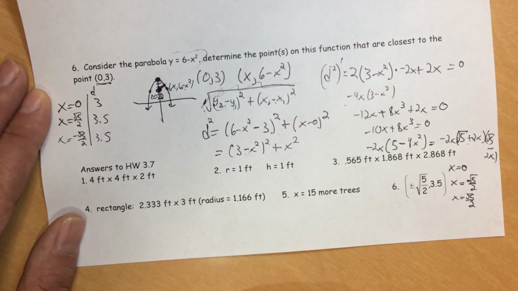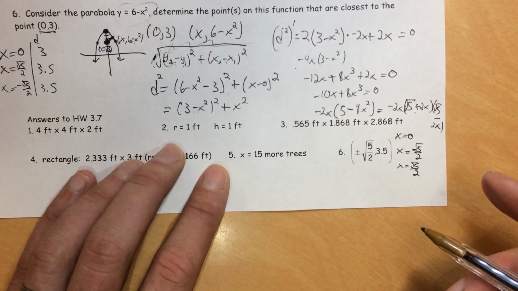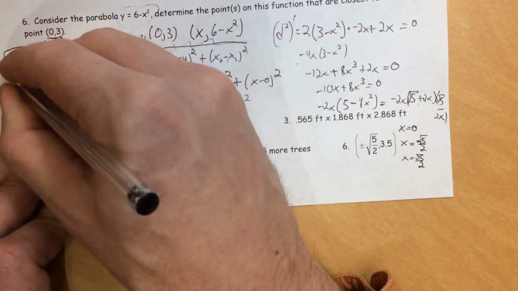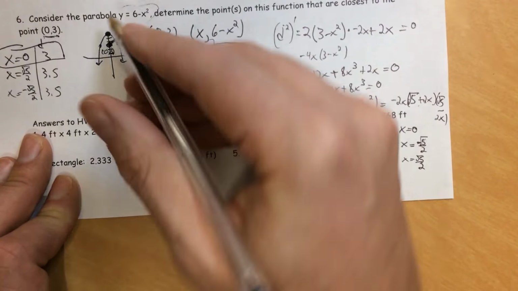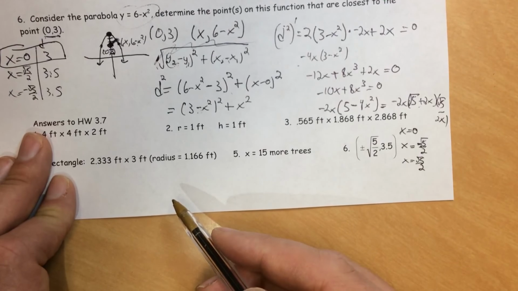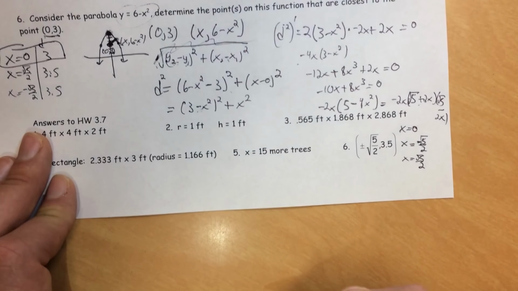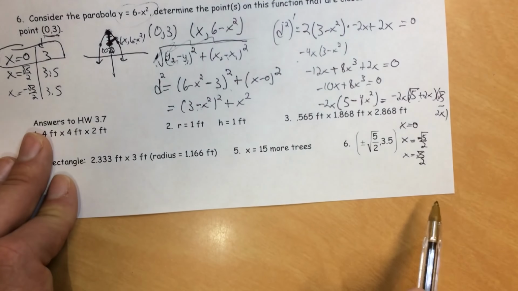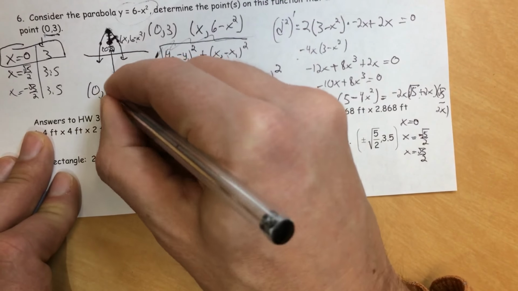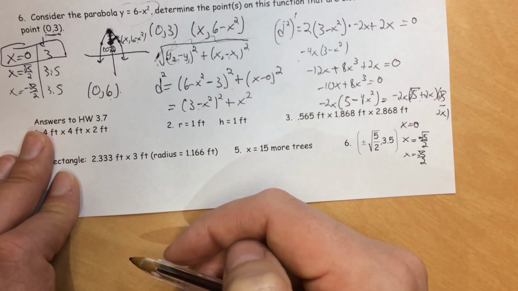So the minimum distance, ooh, this answer key is wrong. This answer key is wrong. The minimum distance is actually 3. The point that is closest is when x is 0, y is 3. That's the closest point. These values right here were a local minimum, but this value was even closer. So the coordinate is when x is 0, y is 6. When x is 0, y is 6, that creates the closest point, it looks like. That's actually kind of surprising. All right,